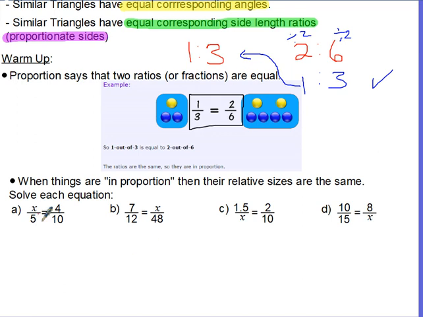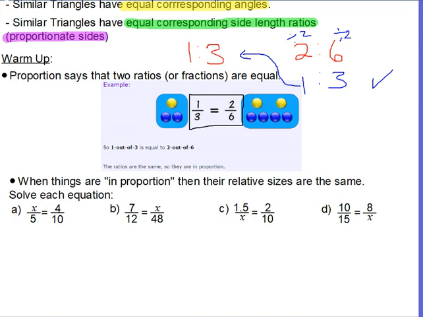But that might be an obvious answer for some of us. Now, it's important that we come up with a strategy that can work for all different types of proportions, because if you look where we're headed, that one might be a little obvious, but not too obvious. This one here is a little bit nasty, and this one over here is also a little bit nasty. So it's important that we come up with a method that'll work for any proportion. Now, some of us might use the strategy of cross multiplication, which would work here, but I personally don't use that. What I like to do, and I would like you to all get in the habit of, is